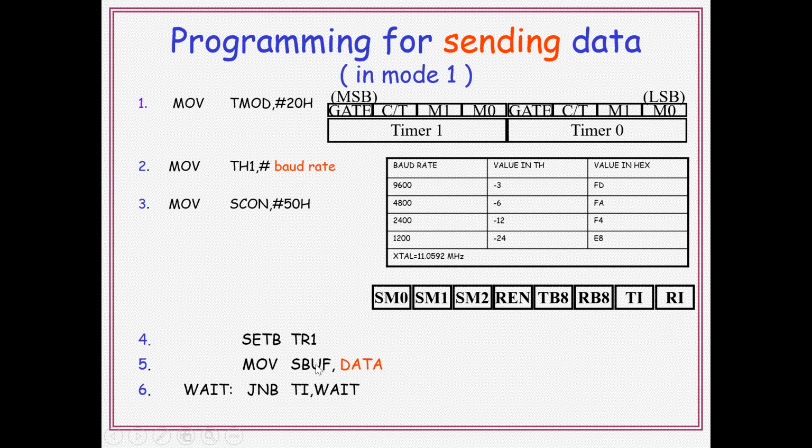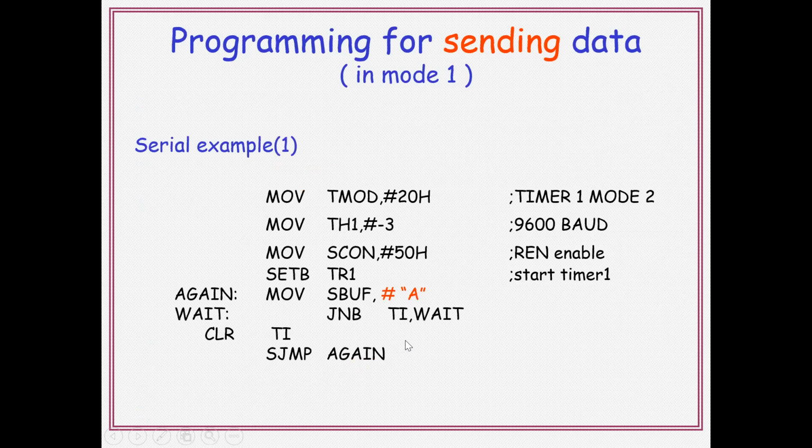So some time is required to complete that transmission, because it needs to convert from parallel to serial data, and then add the start bit and stop bit, and send all those 10 bits. It requires some time, so wait for transmission. If it is completed, transmit one more character. This is the program for transmitting, also called sending. Okay, and next clear TI, so for the next round we need to clear that.